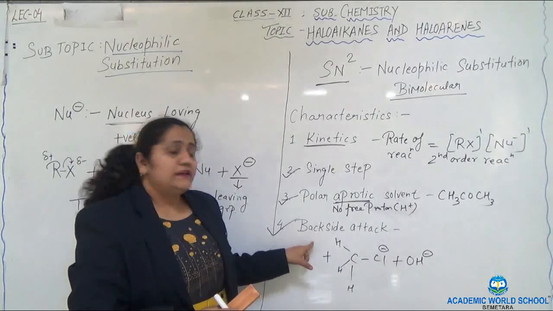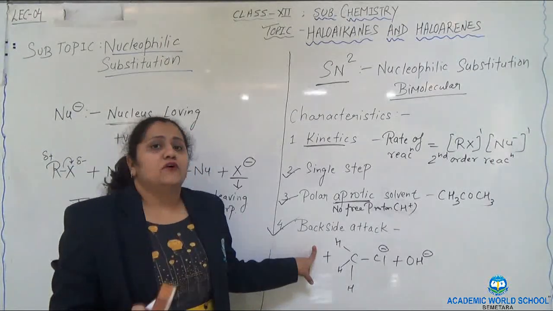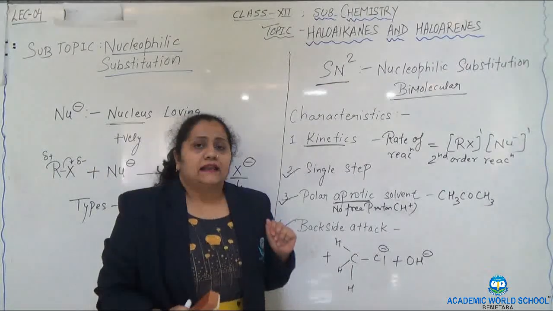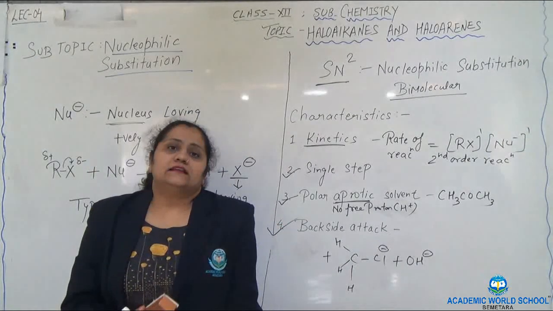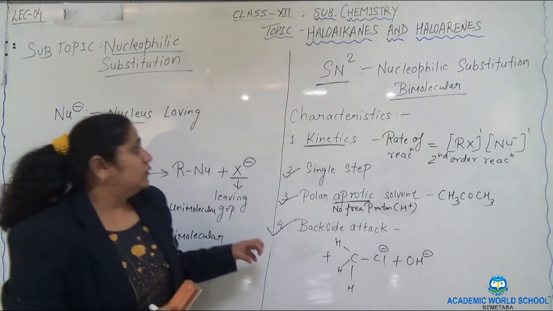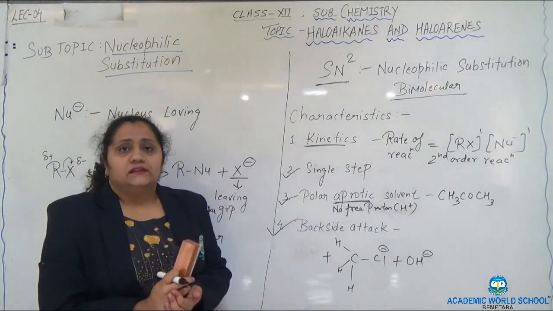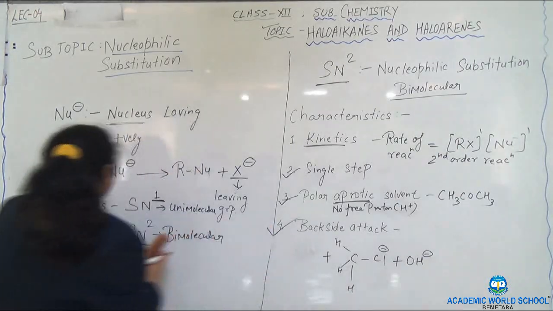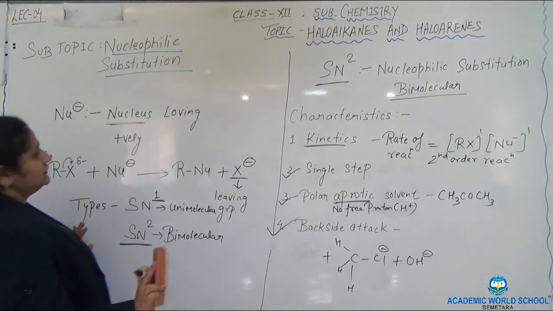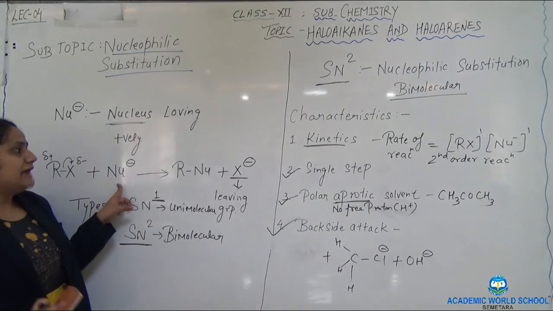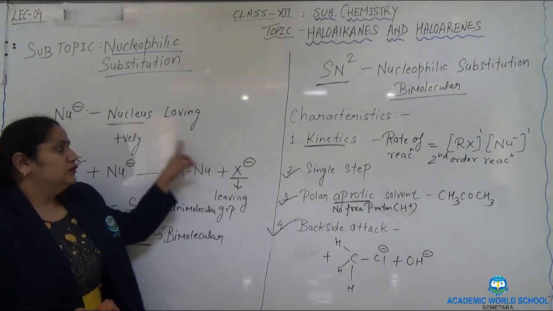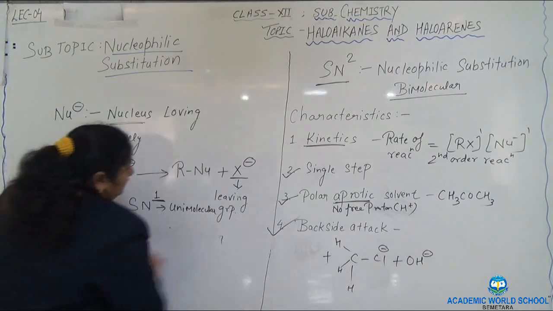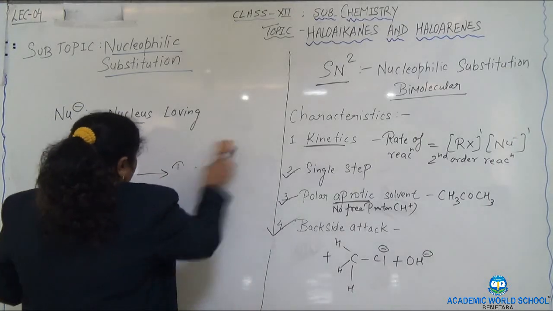So, in SN2 reaction, the attack is always from the back side. So, these are the four characteristics. Before starting the fifth characteristic, first we will discuss the mechanism of this reaction, which will proceed toward our fifth characteristic. Remember one thing, when this X minus, the nucleophile, attacks, it will give a nucleophilic substitution reaction. The mechanism of this reaction,